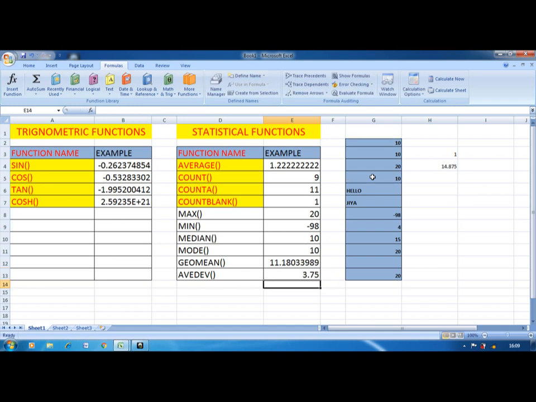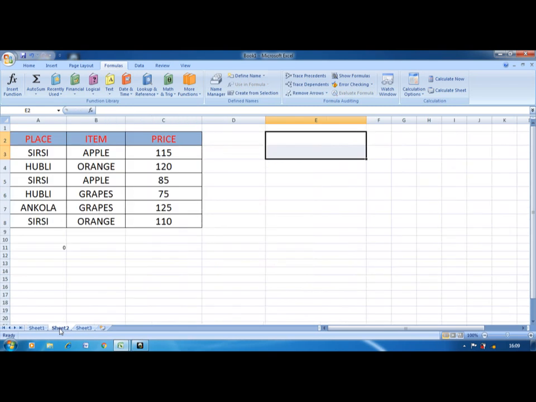So these are some examples of statistical functions. Other than that, there are two extra functions, sum if and count if. So this is a table which consists of three columns. First one is place, second one is item, and third one is price. Now we'll show how it works.